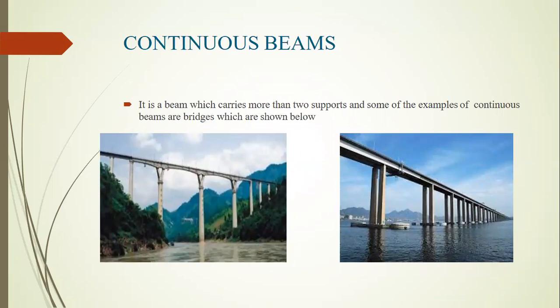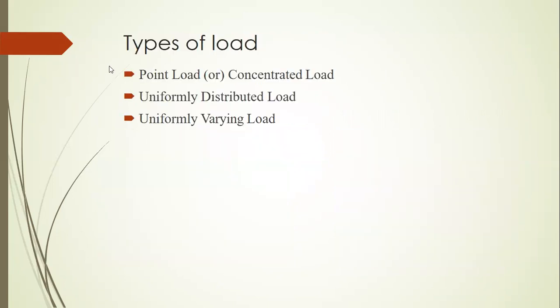So this is about the types of beams. Now let's look into the different types of loads that can act on a structure or structural member. The first one is called point load or concentrated load, which you have already studied in the basics of engineering mechanics, that is, basic idealization. We will assume the first one as a point force. So point force or point load, we can call it, also called concentrated load. That means the load acting over a negligible area will be considered as a point load.